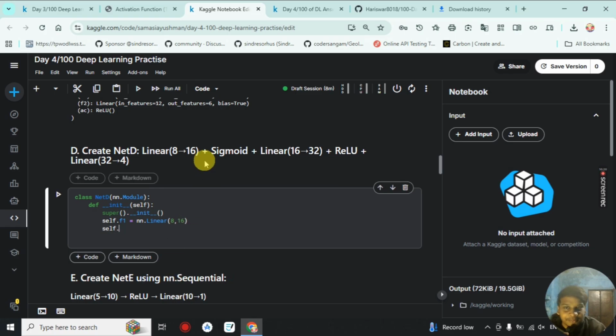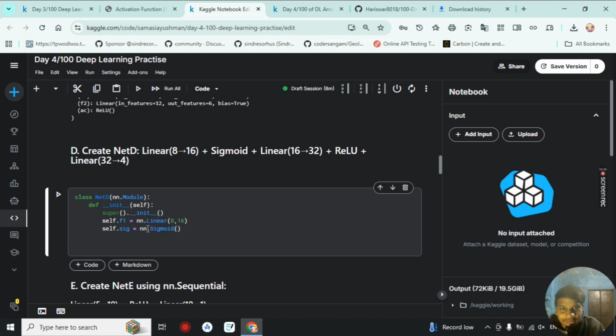Here we have many activation functions and our linear, so we will do it one by one. Okay, we write here sigmoid equals nn.Sigmoid function, the sigmoid activation function, then our f2 equals